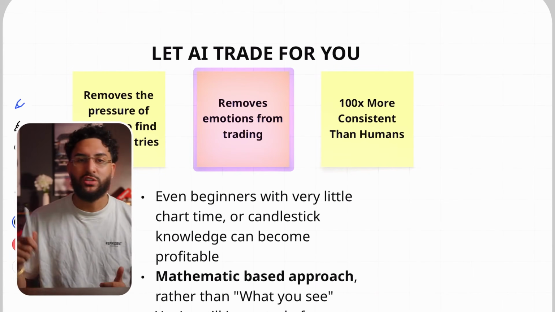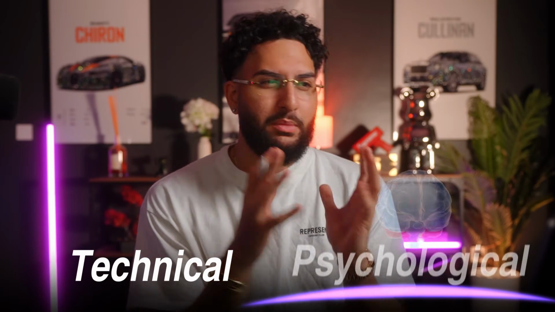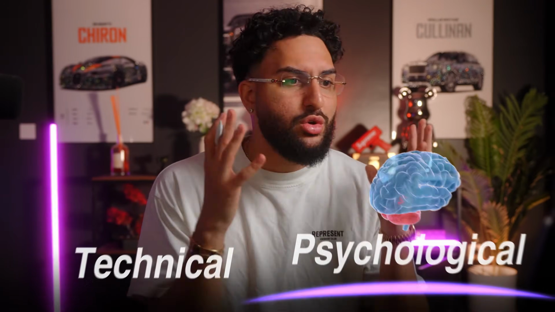Not only that, with letting AI trade for you, one of the biggest advantages is removing emotions from trading. Like we said before, if you're in the coaching program, that's amazing, but the execution is still on you, meaning that you still come with your own baggage, your own bad habits, your own emotions that you have to manage, your own greed, your own fear. All of this stuff is still there. It's not gone. Maybe you know the technical part of things, but what about the psychological side of things? You still have to manage that, right? But when it comes to letting an AI trade for you, that's completely gone.